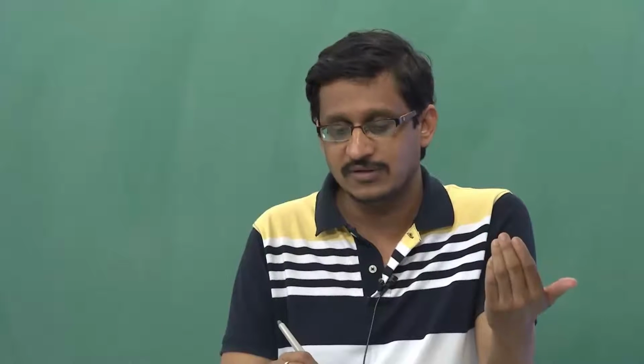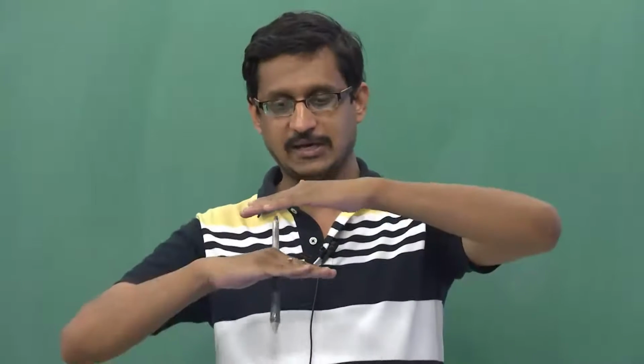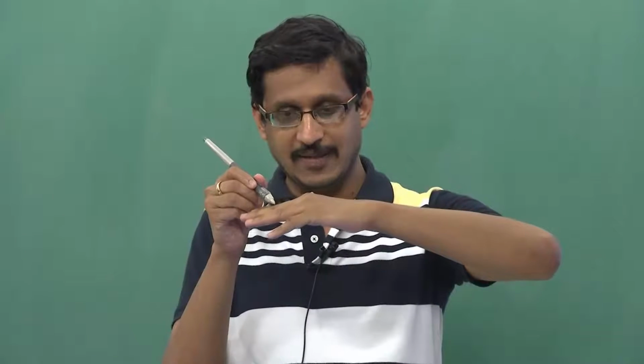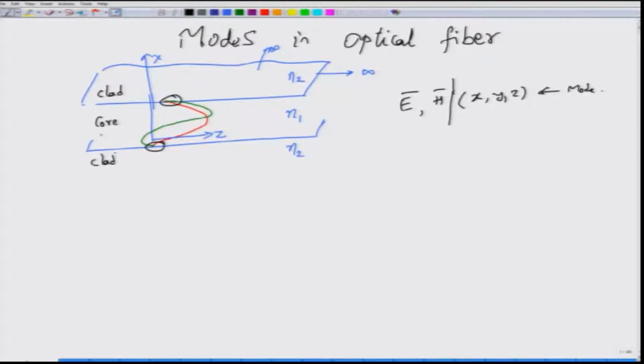There is nothing like they have to be 0 at the surface, they just have to be continuous across the surface. So, what you see is that within the guided region, or within the region of the slab, you will expect a half sine wave, 1 sine wave, 2 sine waves, 3 sine waves and so on, multiple higher order modes. At the edge where the plates are meeting, the field does not really go to 0 there, but rather it extends into the region surrounding the guided region, right. So, if we call this guided region the core and the surrounding region the clad, this is called a symmetric slab waveguide because N2 is the same on both sides surrounding the region N1.